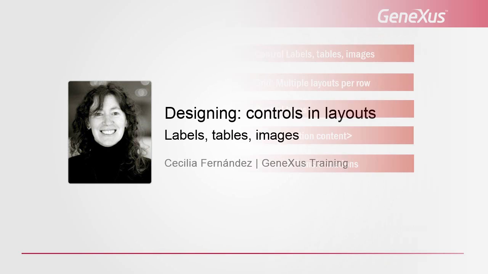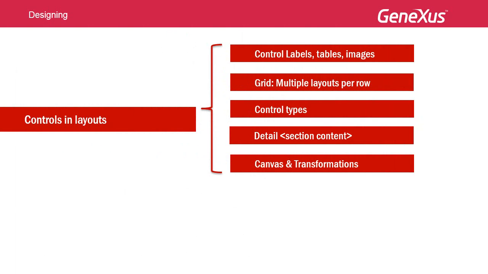The following videos describe the specific features of controls and layouts when compared to their known use. In particular, this is related to 5 aspects: the special features of variable or attribute controls in relation to tags, the use of tables, and the special features of the image control, the special features of grids in relation to the design and behavior of each line, the possibility to change a control type so that it looks and behaves in a different way than the default one,